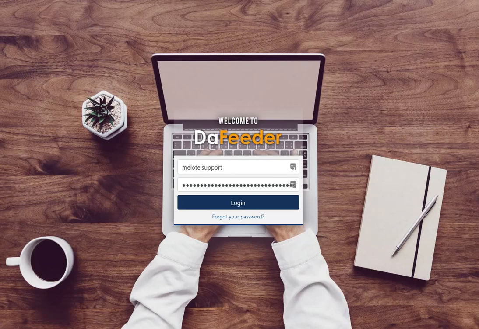I'd like to take the next little bit to explain to you DaFeeder and what DaFeeder is. So DaFeeder is a simple to use web-based telemarketing platform that allows even the most inexperienced computer user to manage campaign dialing, dispositions, callbacks, and even marketing. So it delivers a feature-rich set of processes that enhances effectiveness, drives sales, improves customer satisfaction, and provides insight into